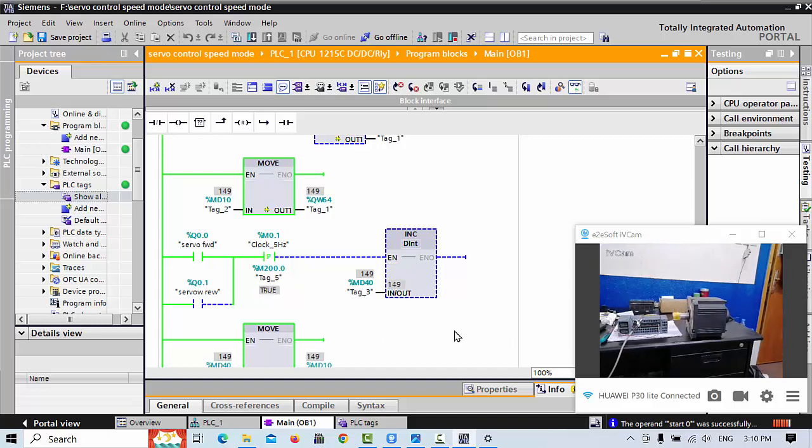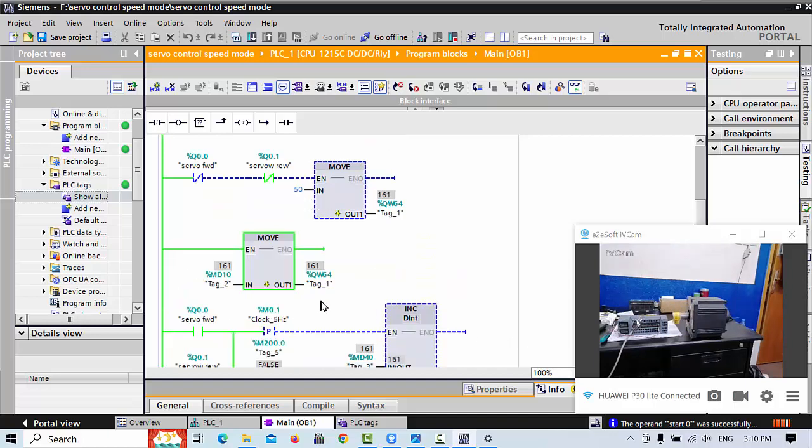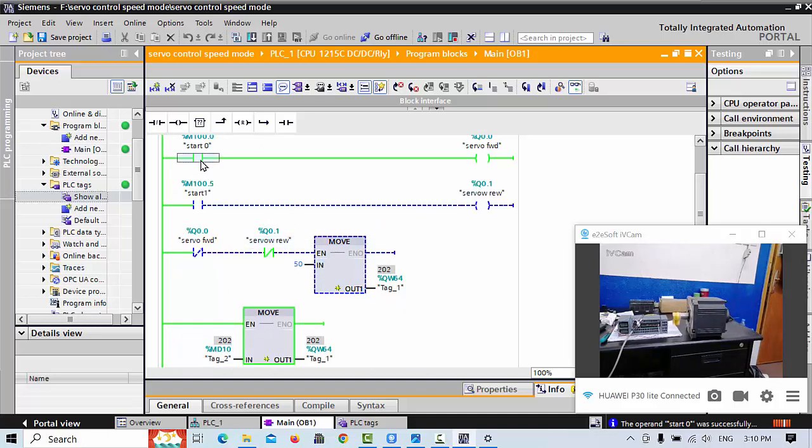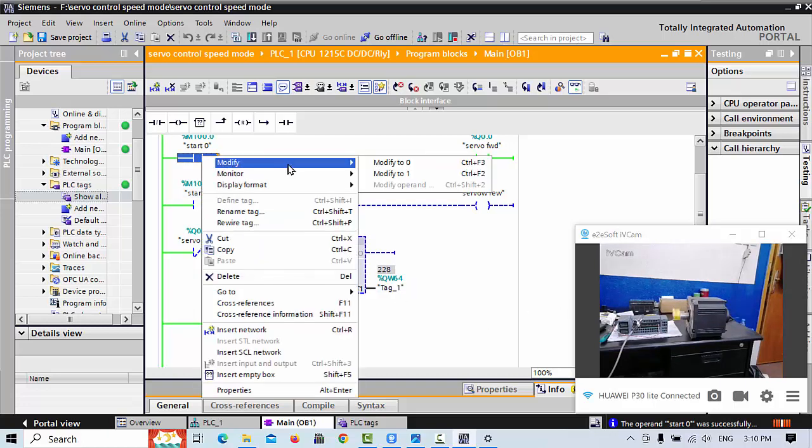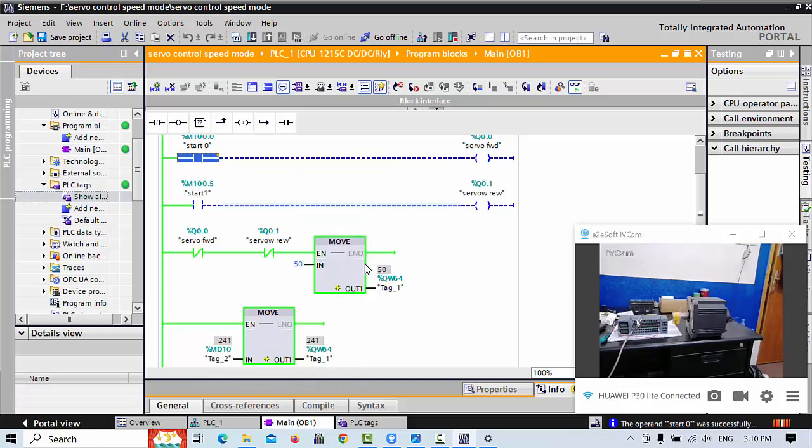And if we like to control the speed, first of all, this is why we used it: when this will be on, when this will be off, that is, in stop condition, after that move 0 to our QW64. Now you can understand about these 2 bits and how I take them. This is an AND, when Q0.0 and Q0.1 are in closed condition, that 50 speed moves to QW64,